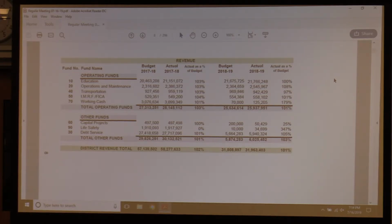Is the debt service paid quarterly, monthly, or what's the frequency of that? I'm not quite sure. I need to look into that. So what was the total EBF? Our initial EBF was 1.91, I believe, and then we had an additional 75. Okay, awesome. Looking at page 9, our expenditures,